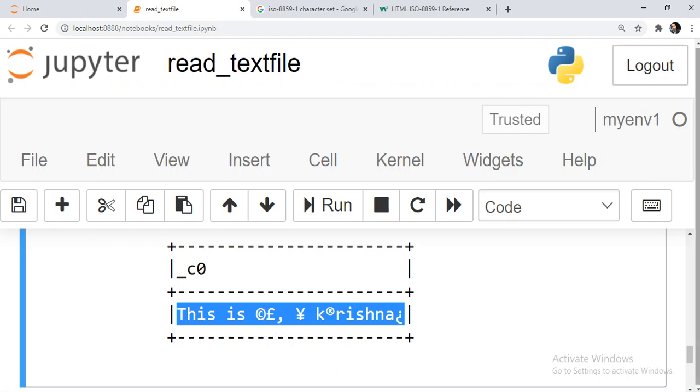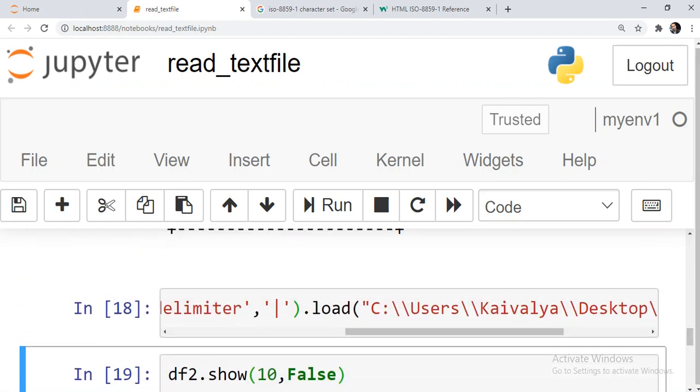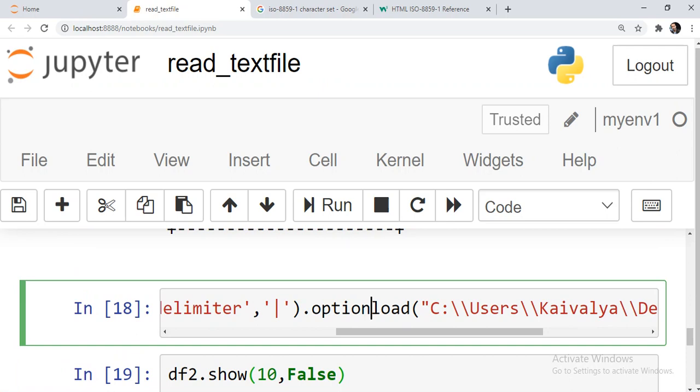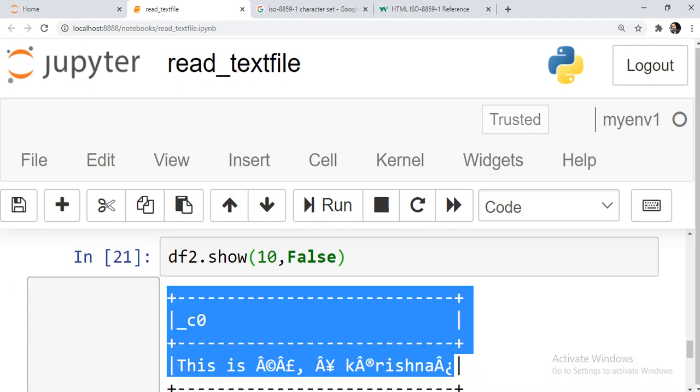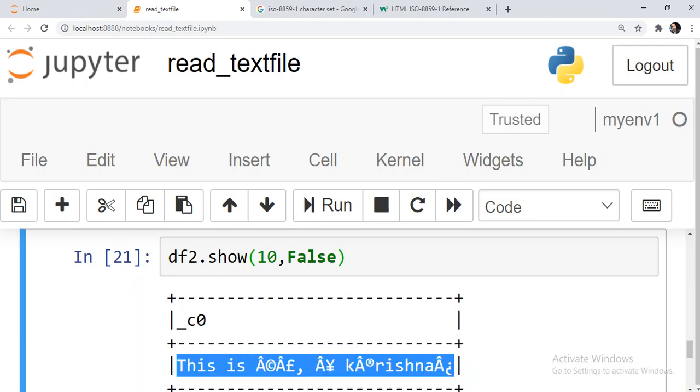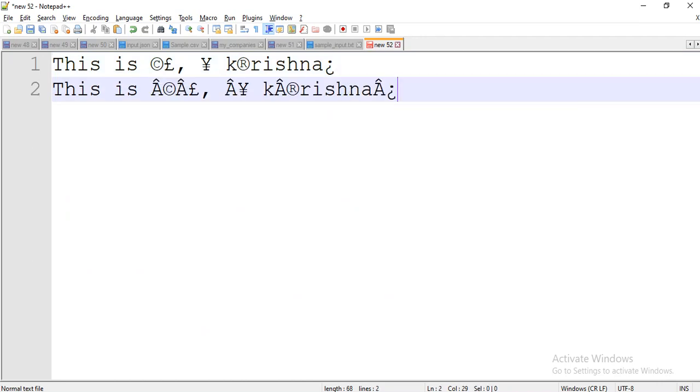But when we apply ISO 8859 encoding, then it is showing something else. Let us figure out what is happening. So this is with ISO 8859.